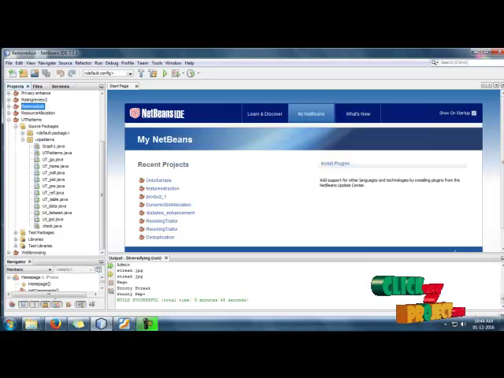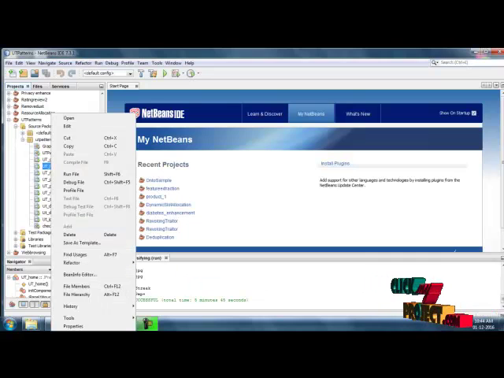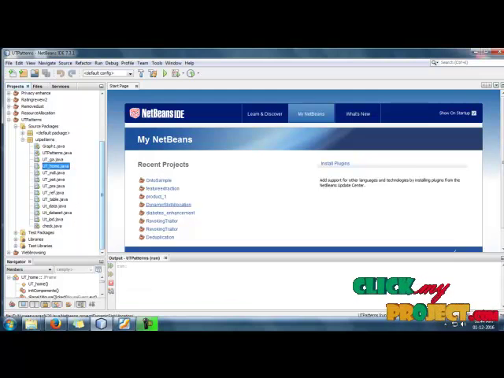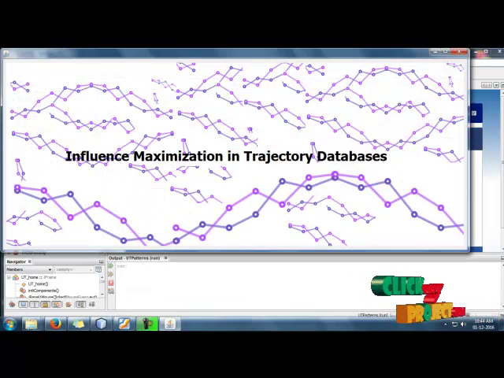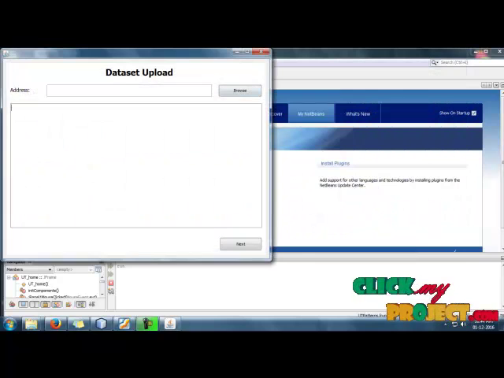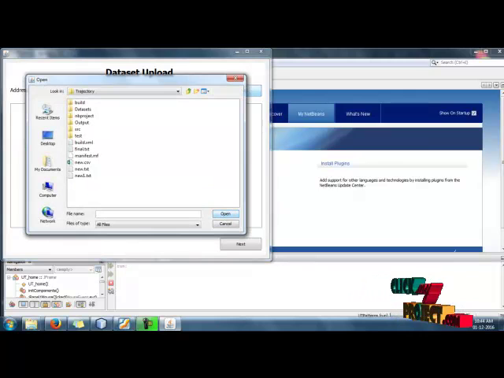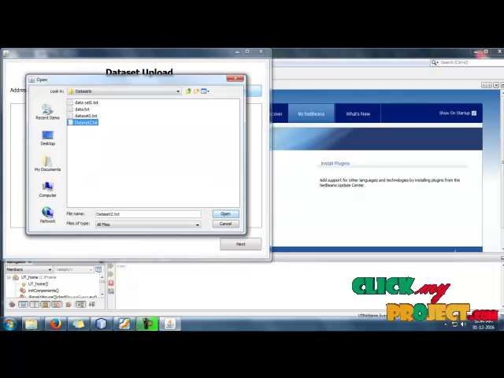Now we have to see the demo of our project. Click home.java and right click on it, select run file option. After selecting the run file option, the home page will be displayed on the screen, and enter into the system and browse for data set. The data set is shown, and